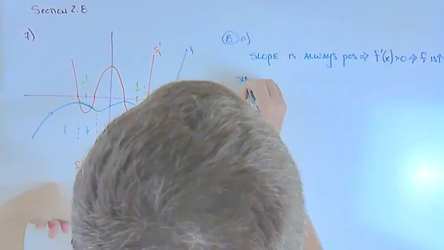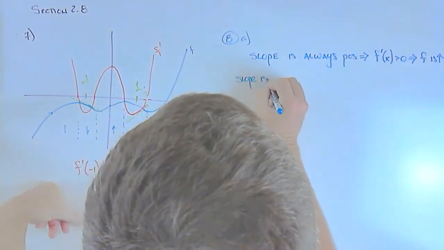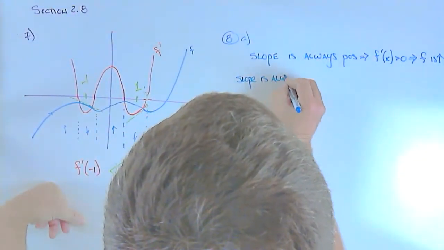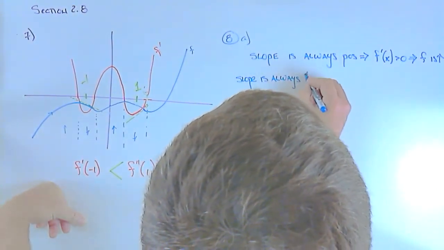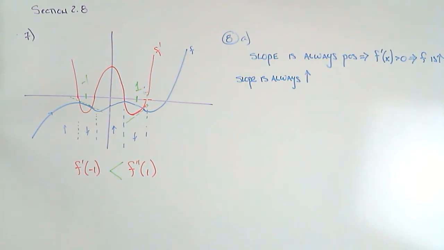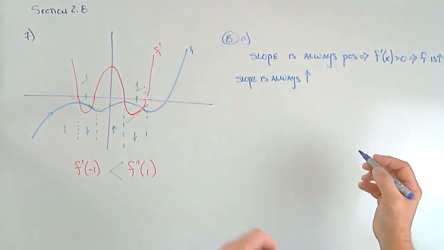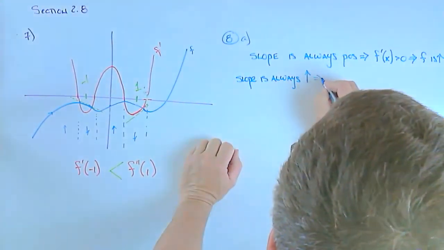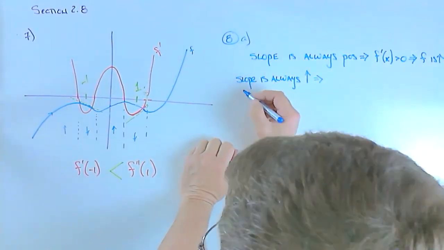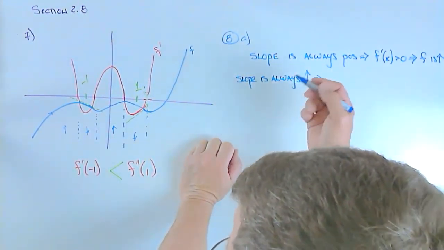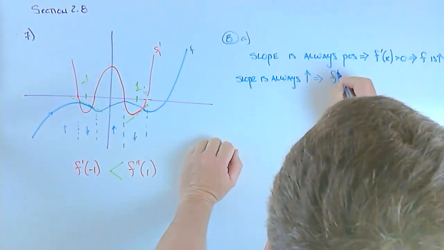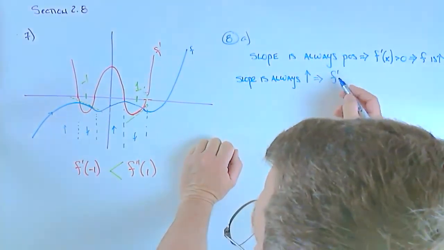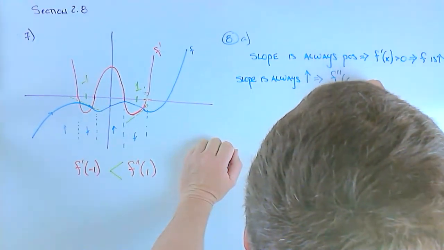So the slope is always increasing. Now, what does that mean? Well, increasing means the derivative. So they're telling us there the derivative of the slope. We have to pay attention to the English here. The derivative of the slope, that's the slope. The derivative of the slope